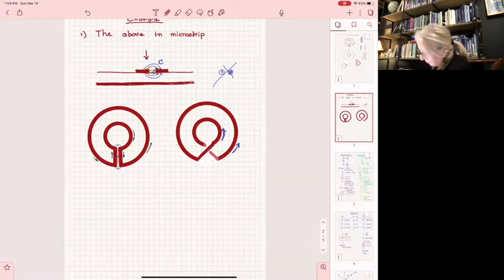So number one, if you do it like this, the currents keep their direction. And also, instead of having these long two sections of lines run in parallel and create a lot of capacitance in between, because these capacitances will be in parallel and they will sum up,